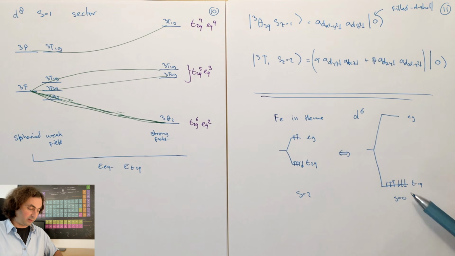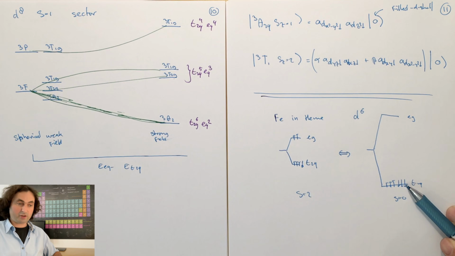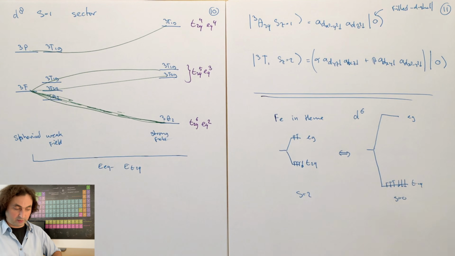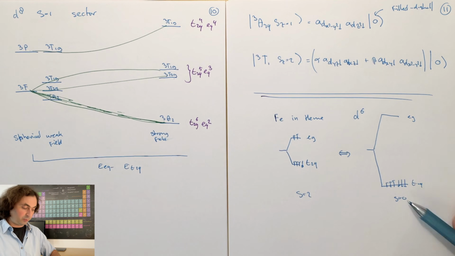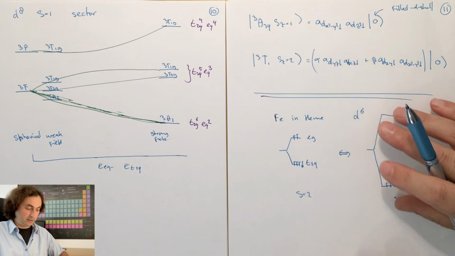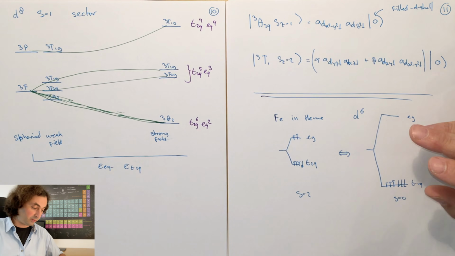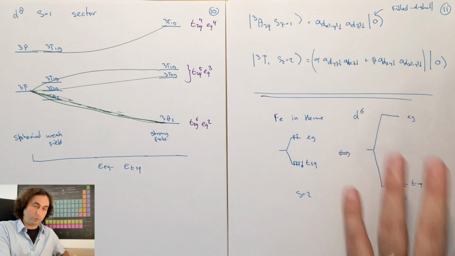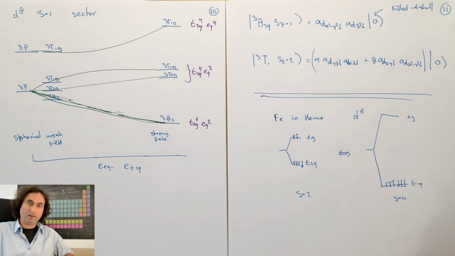However, one should realize that we have here, of course, a strong competition between Coulomb interaction and crystal fields, whereas for the high spin ground state you can optimize both at the same time. For the S is 0 ground state that is not true at all, such that this is just the dominant part of your wave function, the dominant Slater determinant, and the full wave function is a combination of many. It's a highly correlated state, it's a highly entangled state, it's a state where you have strong local charge fluctuations between the t2g and the eg orbitals,